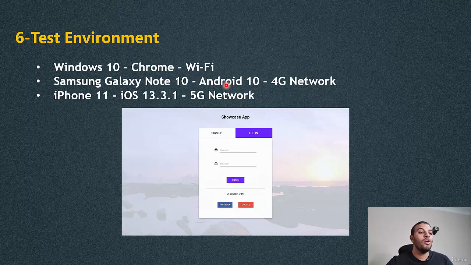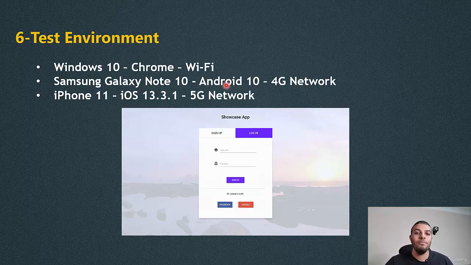So this is the software. Also, we have the network. So should this test case be executed on Wi-Fi or mobile data? And if it will be executed on mobile data, is it a smooth network or is the connection dropped many times? So for example, if I'm playing an online game like Call of Duty or FIFA, in this case we